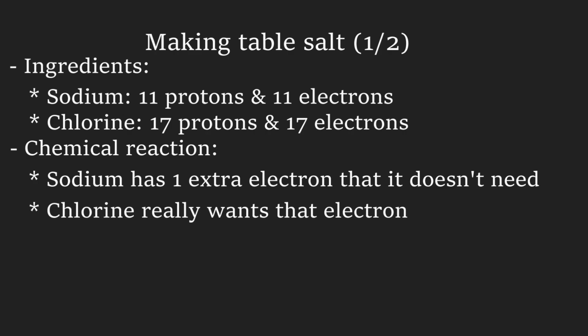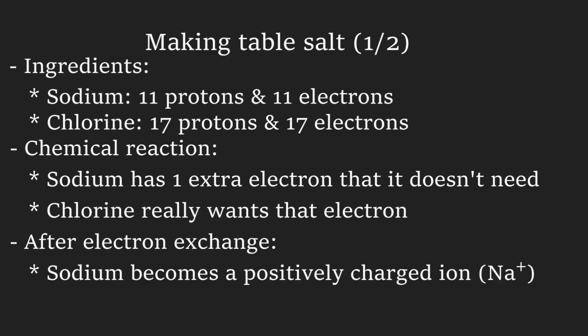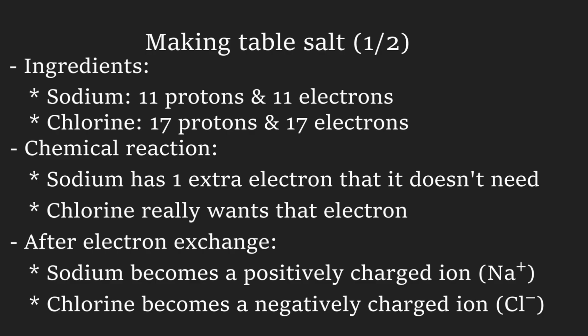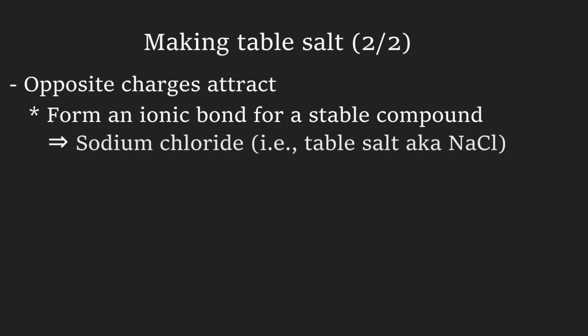This transfer of an electron allows sodium to achieve a stable electron configuration, while chlorine achieves a full outer shell. After this exchange of electrons, sodium becomes a positively charged ion because it has lost an electron, and chlorine becomes a negatively charged ion because it has gained that electron. These positively and negatively charged ions are attracted to each other because opposite charges attract. They form an ionic bond and stick together to form a stable compound, namely sodium chloride, which is table salt,